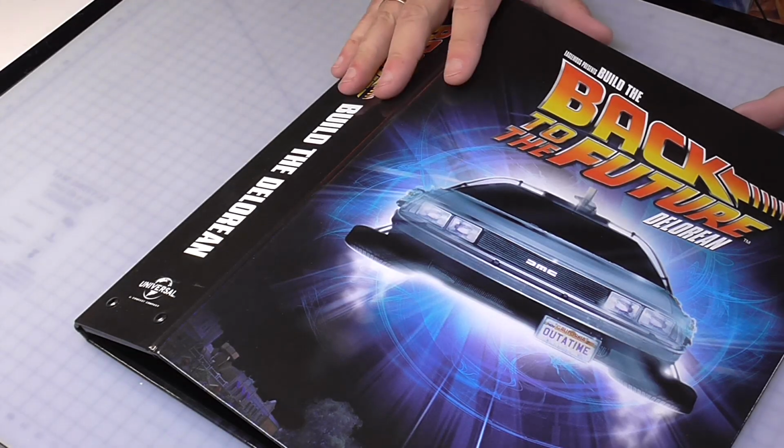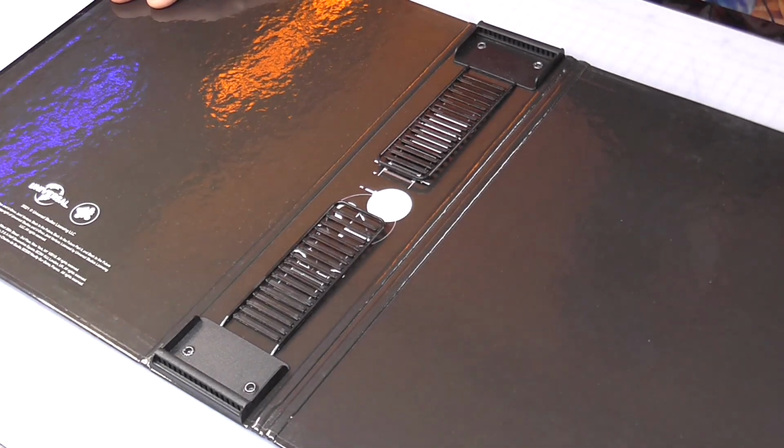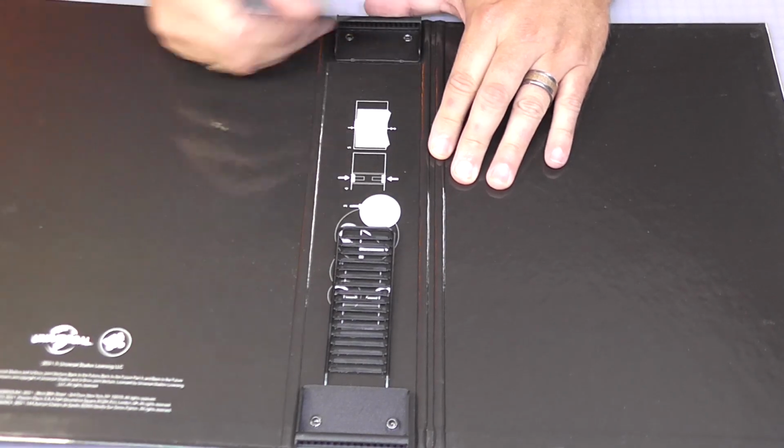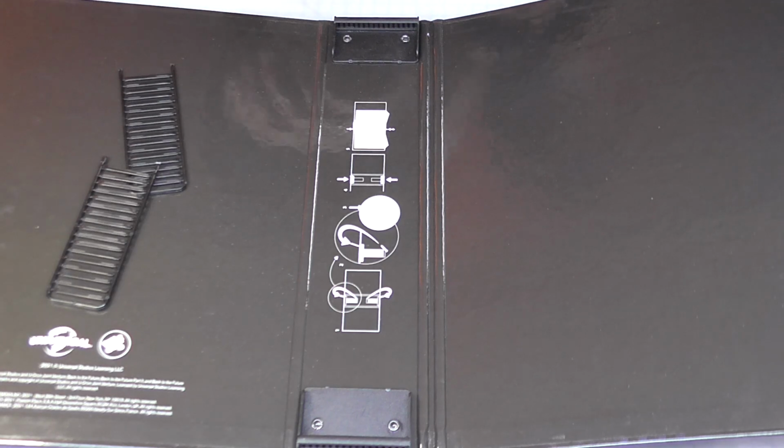In today's stages we did get a binder. Now this binder looks like this, and this enables you to keep your magazines in. Let me just show you that, because if this is the first time you've seen one of these binders, it might be a little bit difficult to understand how you put your magazines in. Basically, you've got these clips here. You want to take these clips out, 1, 2,